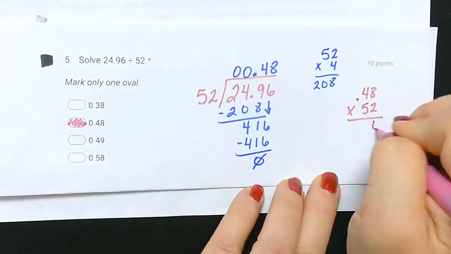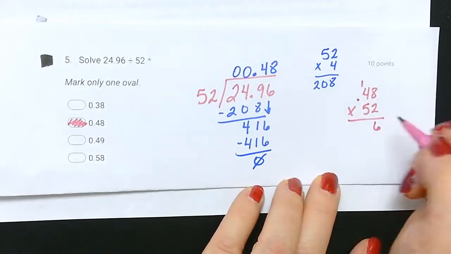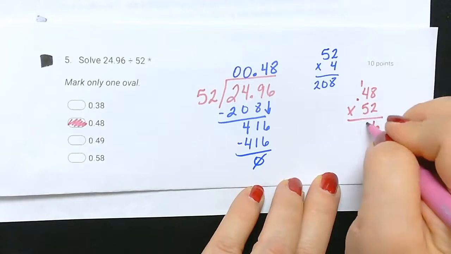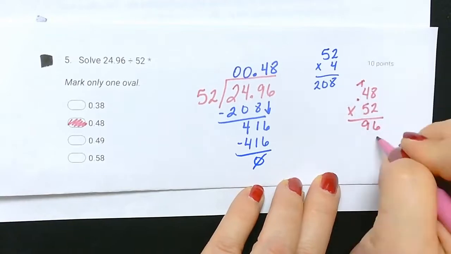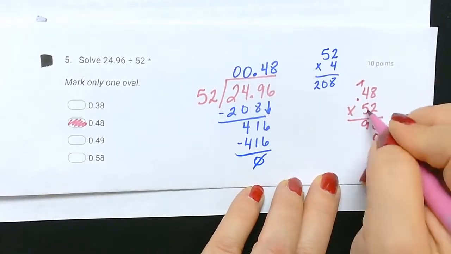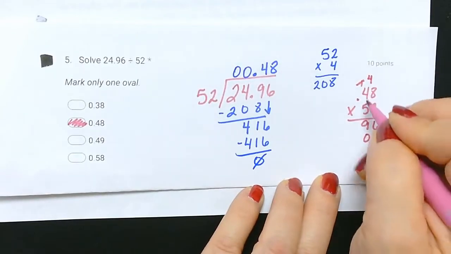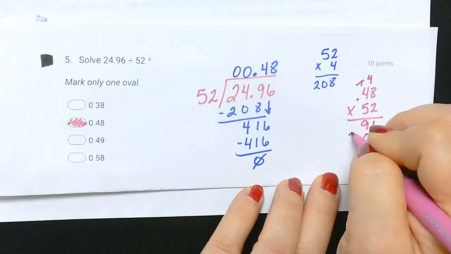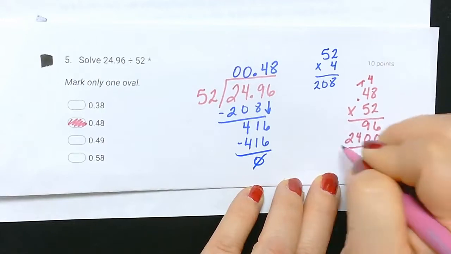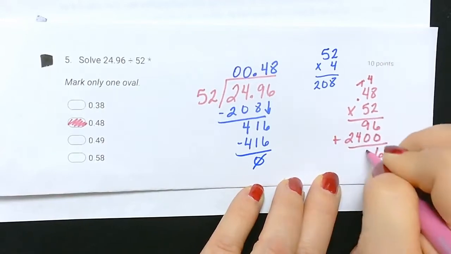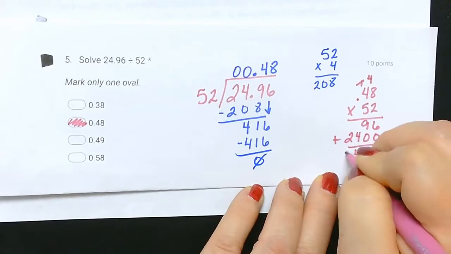So I've got 8 times 2 is 16, carry up a 1. 4 times 2 is 8, plus another 1 is 9. Put down a 0. 8 times 5 is 40, carry up my 4. And 4 times 5 is 20, plus 4 more is 24. So when I add this up, I get an answer that looks like